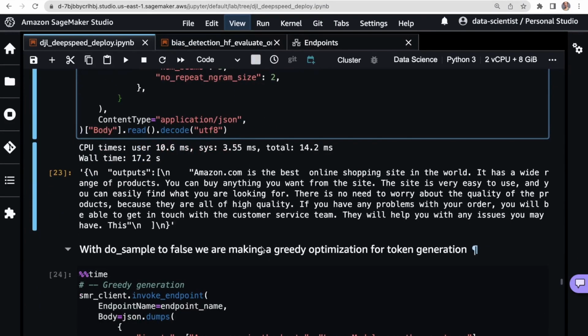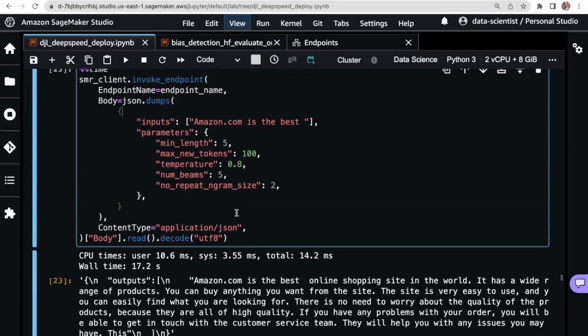All right, and let's see if we can do this for a different one. So maybe I'll try something like, today is the hottest day. And let's see what we get.